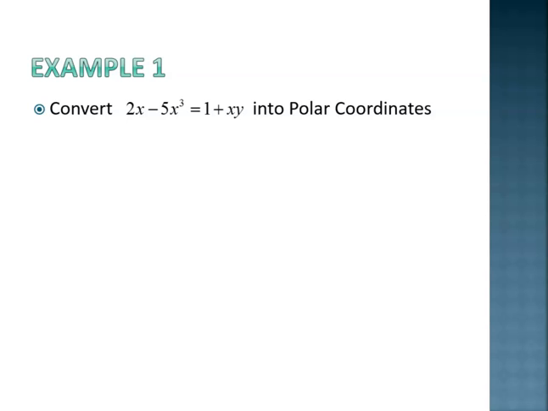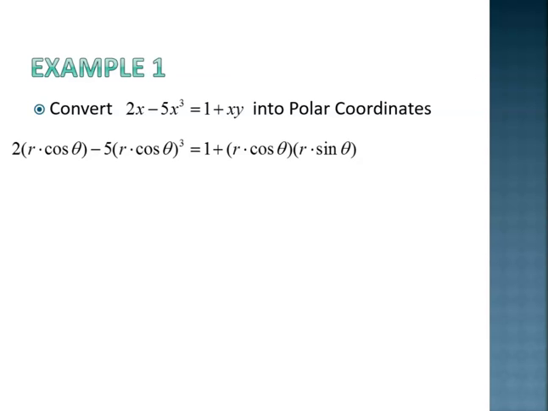Okay, so this first example, you're converting 2x minus 5x cubed equals 1 plus xy into polar coordinates. Now note that we're not actually graphing these, at least not at this point. So right now we just want to write it so that instead of x and y, this equation is in terms of r and theta. So if you think about it, what we need to do is get rid of all the x's and all the y's. So if we replace them using the formulas we used last time, replace the x with r cosine theta, replace the y with r sine theta,